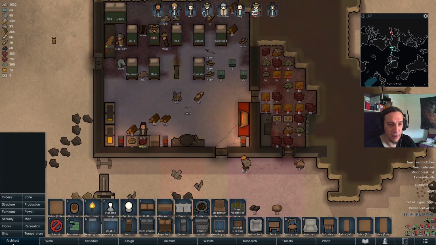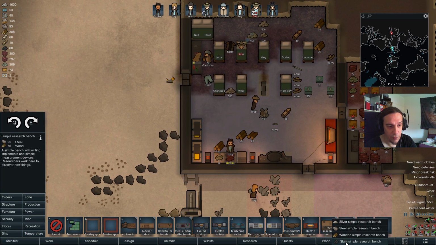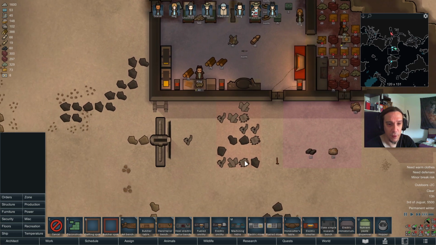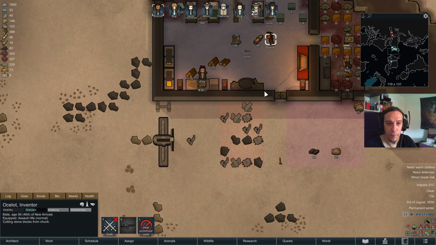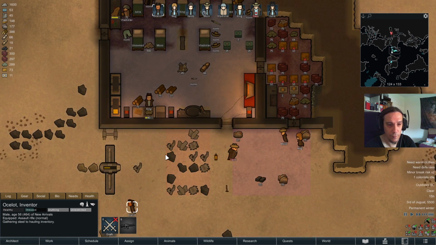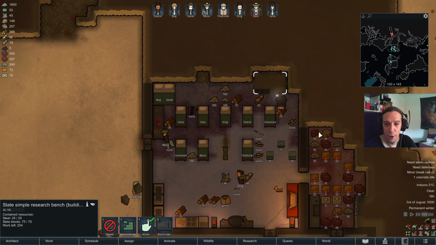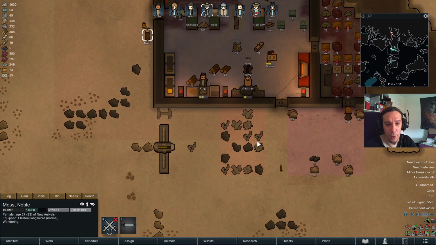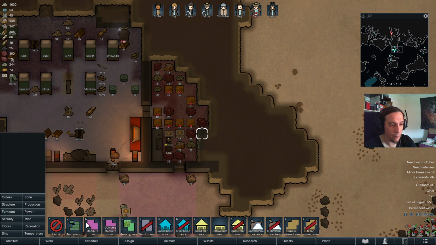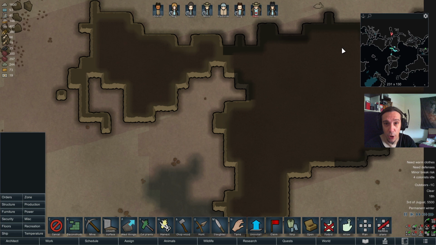And with stone blocks getting available, I'm considering the living rooms as well. But until then, let's start with the research first, because that's a very important thing to do. So, cutting a few more stones here. There we go. I wanted to have the slate blocks to start that research bench. I mean, for now, it's a little bit annoying that I have people idling so often. But, well, I have to bring up jobs for them before...